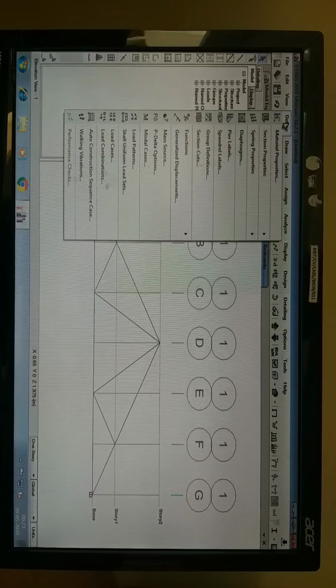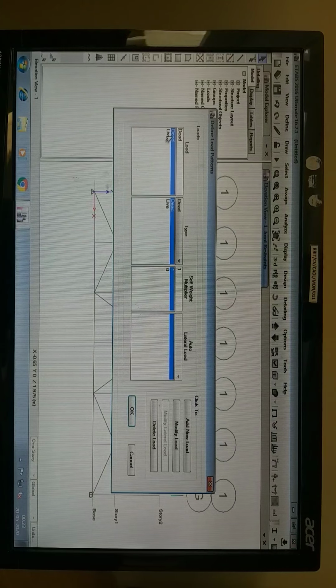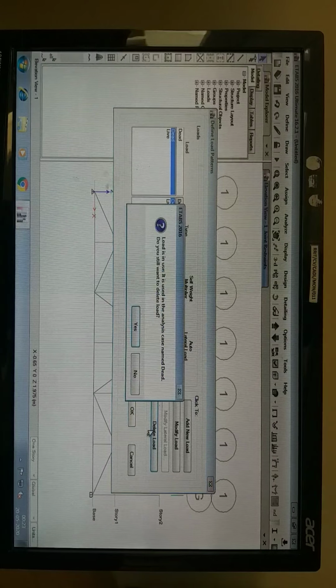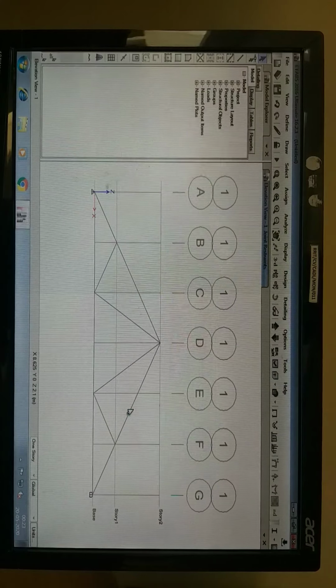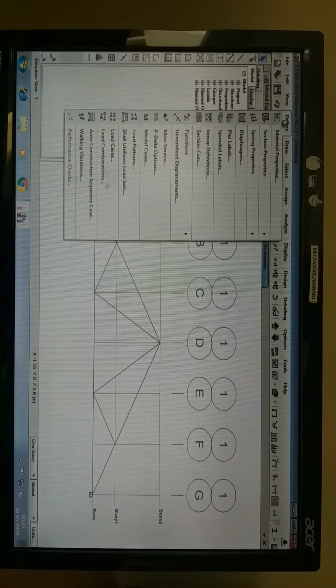So go for define. Here we can see load patterns. In the load patterns, we don't have any dead load. We are neglecting the self weight of the truss members. So that's why delete that load. Only we are going to have live load. Click on OK and then go for